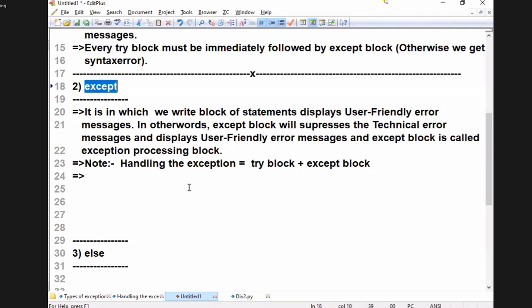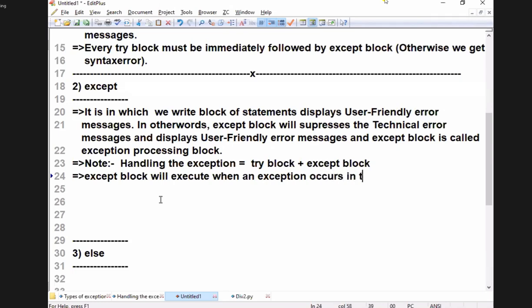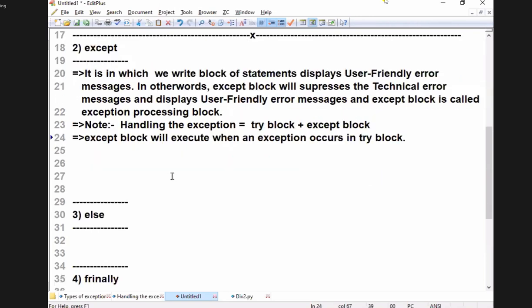When an exception occurs, except block will execute. You have to remember, students, except block will execute when an exception occurs in which block? Yes, when an exception occurs in try block. Except block will execute when an exception occurs in try block. That is one important point.